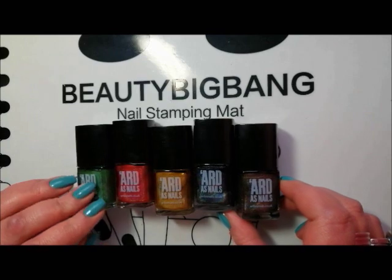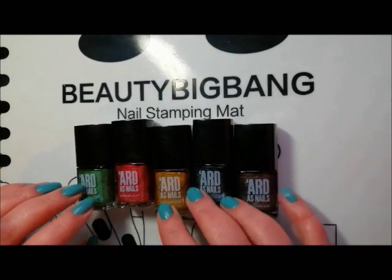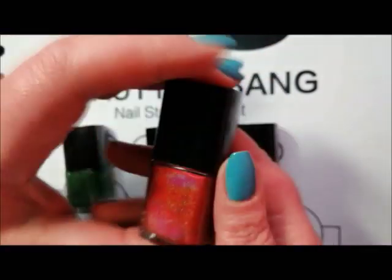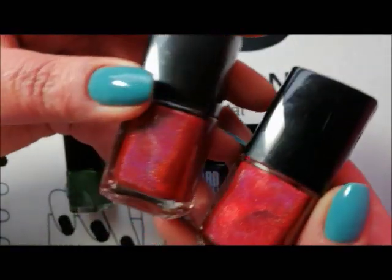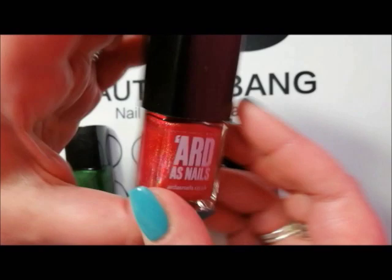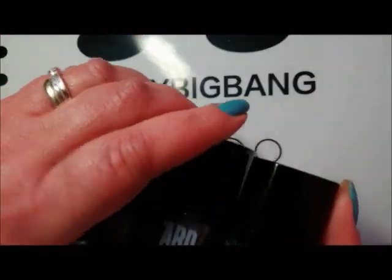I'm going to go through collections, and this is the Bad Boys 2 collection, or I think the majority of the collection. And this is the one that I was talking about here. I'm the Devil Who's Asking. So this one was a prototype of this one, which is just a little bit brighter. But I'm still going to keep this one. I'm also going to keep